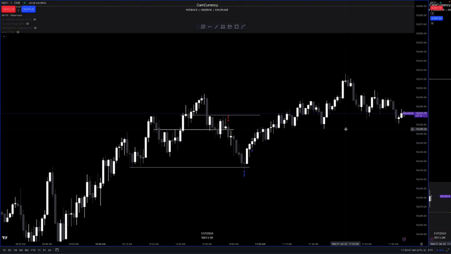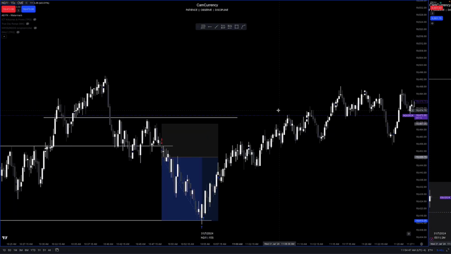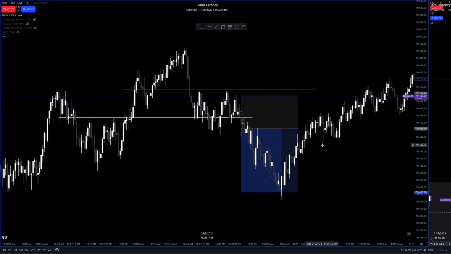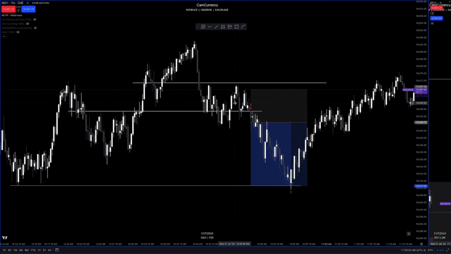I wanted to see some more structure here. So that's when I zoomed into the 15-second. Noticed that we were starting to create lower highs, and we did have a market structure shift to the downside. So it made me somewhat more comfortable with taking shorts. And then once we did respect the bearish imbalance here, respect the volume imbalance, that's when I put on the short,